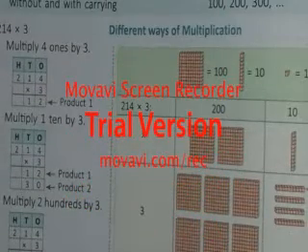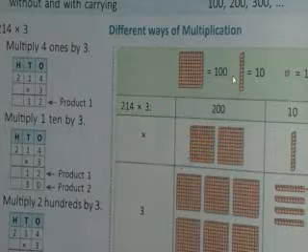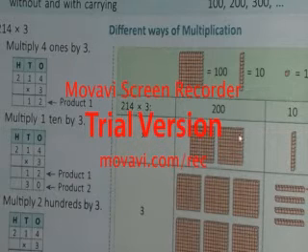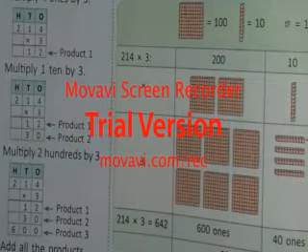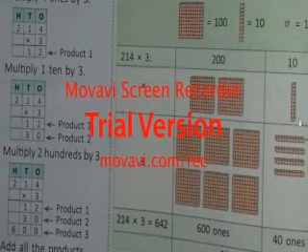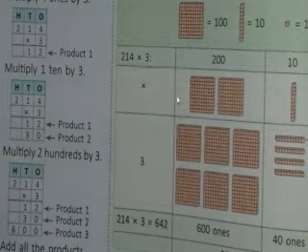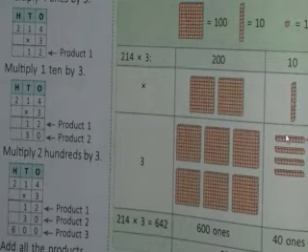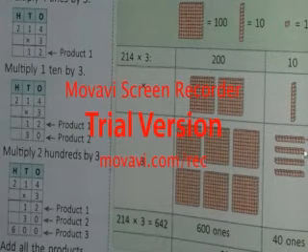Now if you see over here, it has been shown 100, 10 and 1. One wall is equal to 100, one bar is equal to 10, and one brick is 1. So 214 into 3 means what? 200 it has been written, then after ones, tens and 4 ones. Then after into 3, this means this will become 3 times. So 2 3 times will become 2 once, 2 twice and 2 thrice. And tens also becomes 3 times. So 10 once, tens 2 and tens 3.